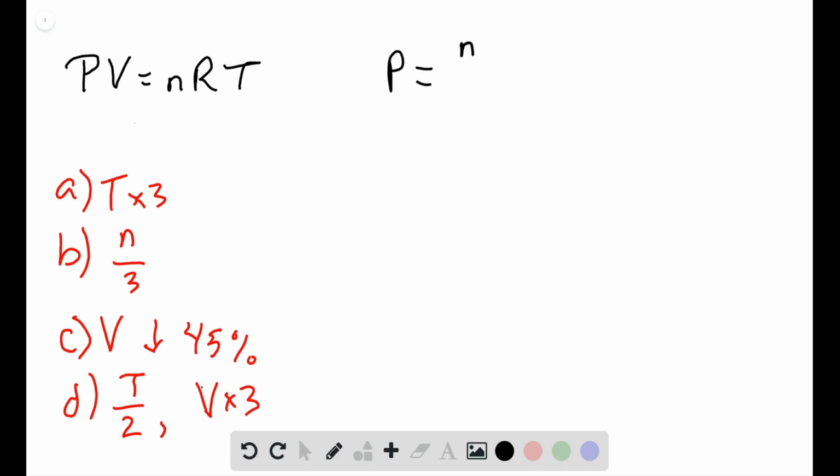So P now is equal to nRT over V. And with algebra, of course, anything you do to one side of the equation, you have to do to the other side. So as we go through each of these steps one by one, if we look at the first one, if we are multiplying the temperature by 3, well, the temperature is on